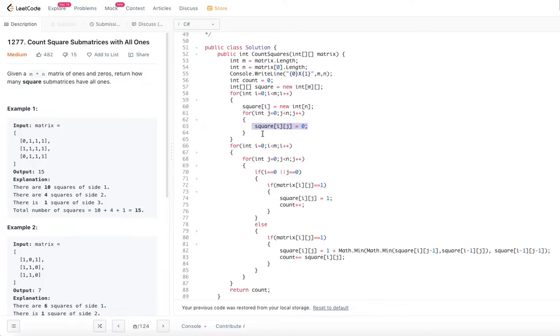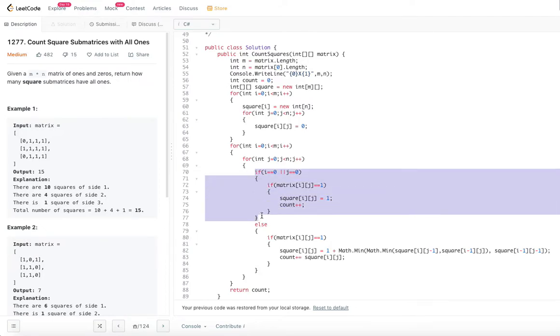Because all the counts are 0 to start with. And next we will go through the m by n matrix starting from the 0th index. If i is equal to 0 or j is equal to 0, that means it is the first row or first column, what we are going to do is, if matrix is equal to 1, we will put square of ij equal to 1 and increment the count, right? So that's what we are going to do.